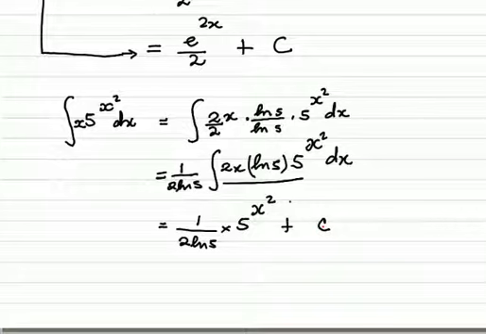Basically we can now simplify this and write 5 to the power x squared over 2 ln of 5 plus c. That way, I think I've just shortly revised with you the important integrals, exponential functions and the trigonometric functions. And what is important basically is to understand the relationship of